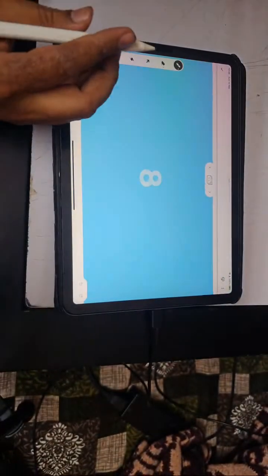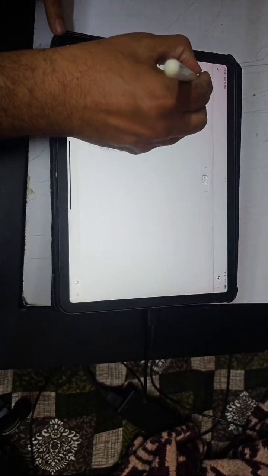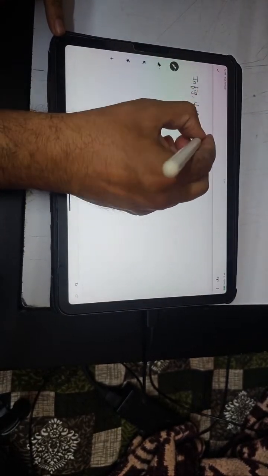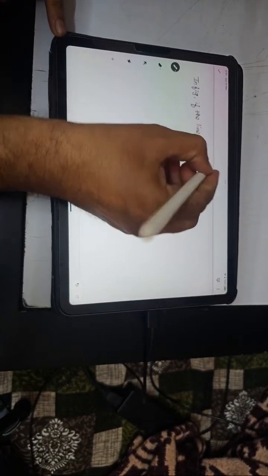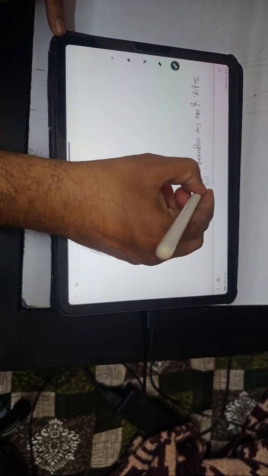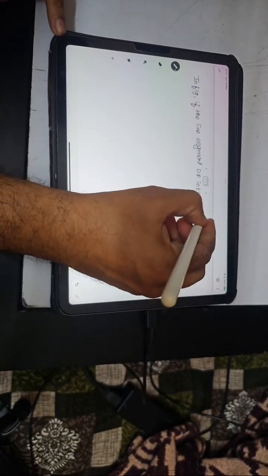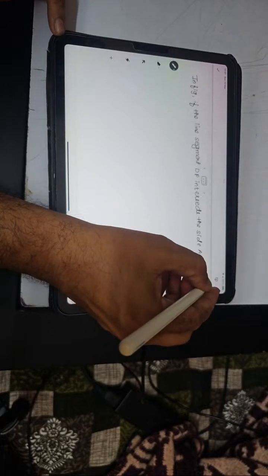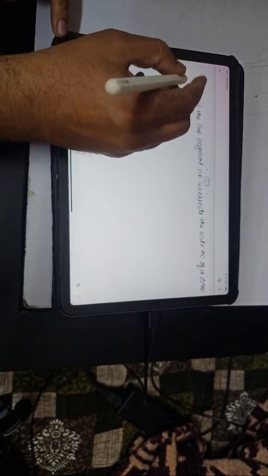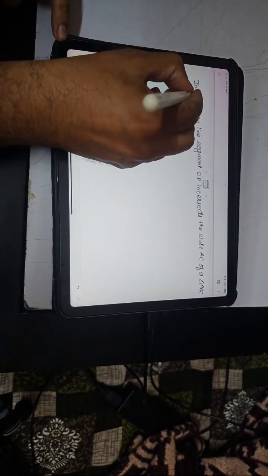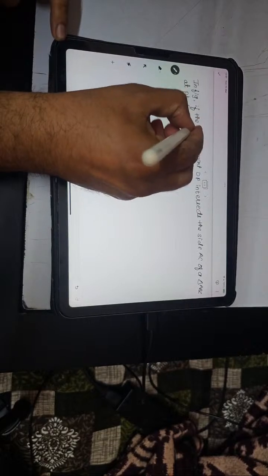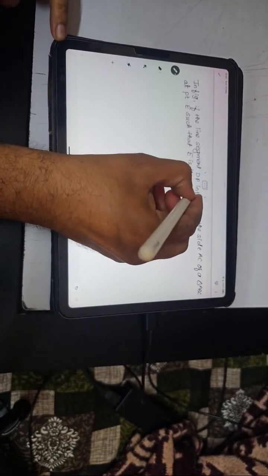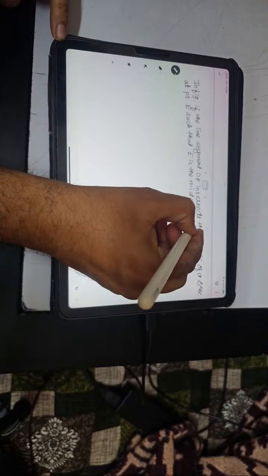See, in the figure, if the line segment DP intersects the side AC of triangle ABC at point E such that E is the midpoint of CA